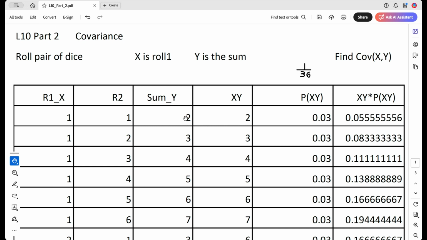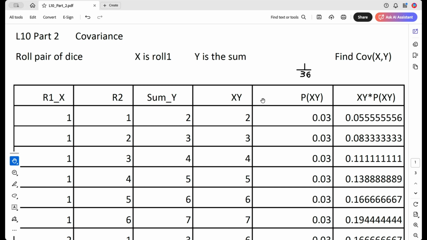So what we have here is a chart of all 36 possible outcomes when you roll a die twice. And the probability of any one of those outcomes is just 1 out of 36. So the P of xy is 1 out of 36, which in rounded form is about 0.03. And so each row here consists of the two values on each die, their sum, and then we're going to